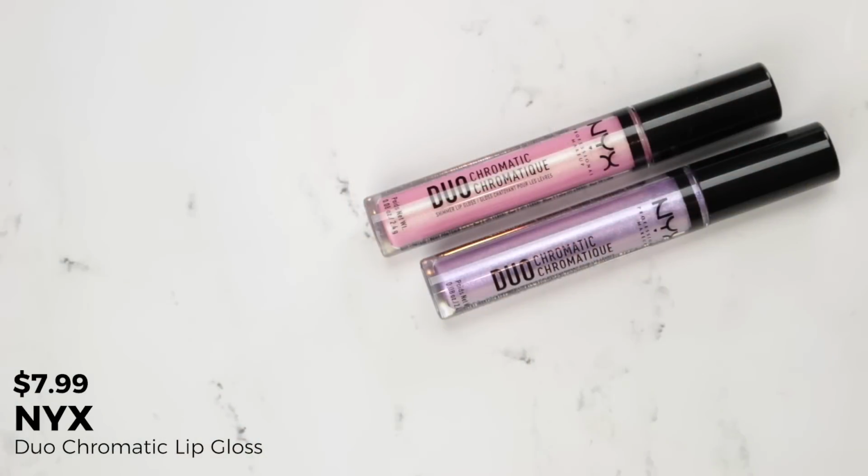Well, kind of because of the cherry scent, but putting that aside and thinking about it just from a formula perspective, do I hate these? No. I just think they're average. I think there are better things out there now from ColourPop and from the NYX line that are worth looking at instead of these. So this spring, NYX released a new formula, and that is their Duo Chromatic Shimmer Lip